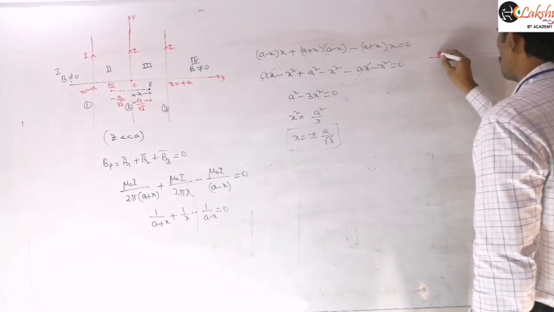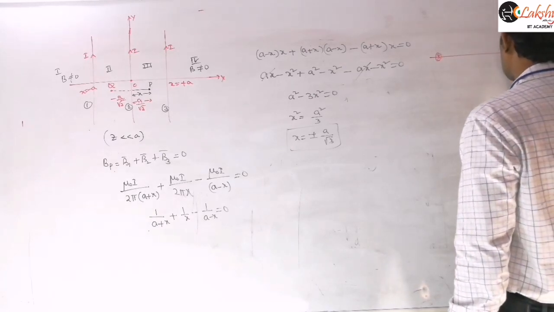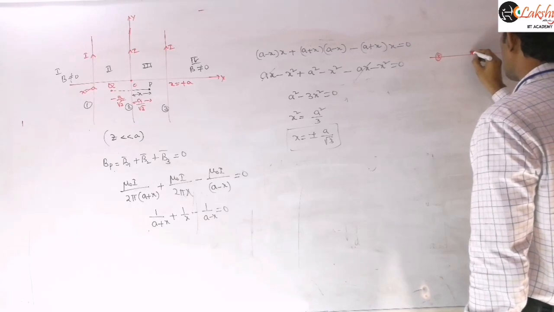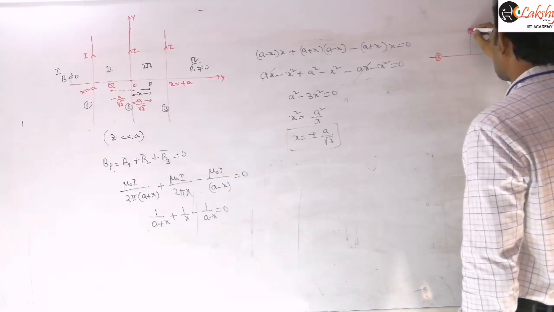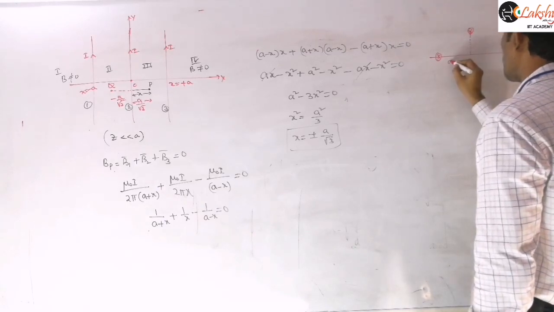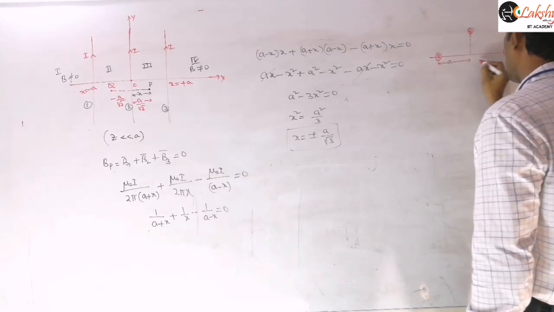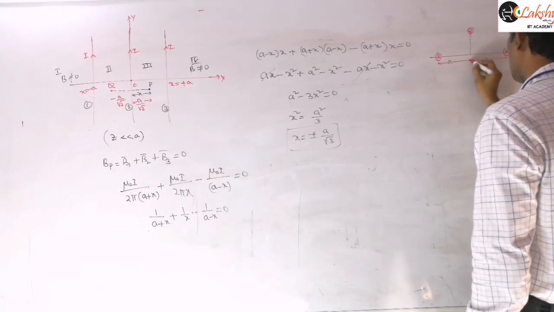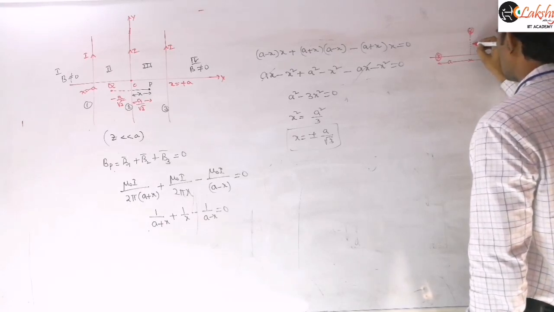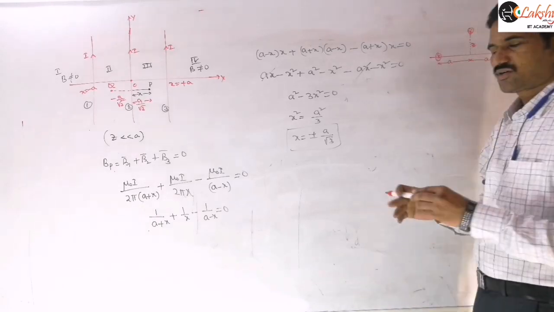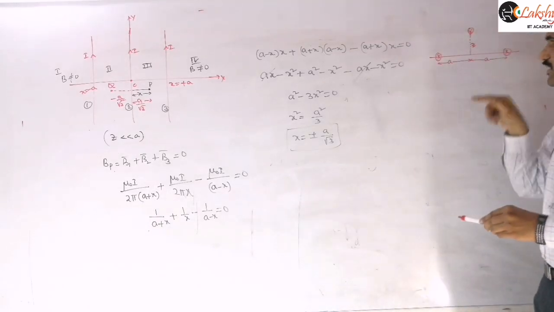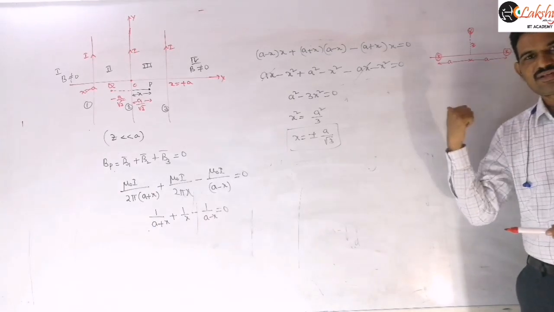That means here this one wire will be there and here another wire will be there. Suppose this is our z axis we are taking here. So this is another wire here. We are placing this another wire here. So this distance is A, and this distance is also A, and this distance we are taking as Z. So this into the plane indicates that all the three wires are carrying the current into the plane. That is the direction of this current here.